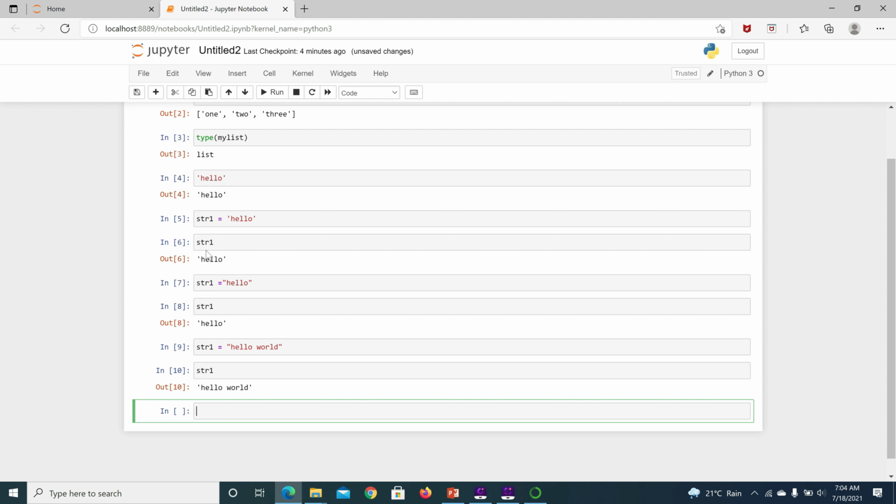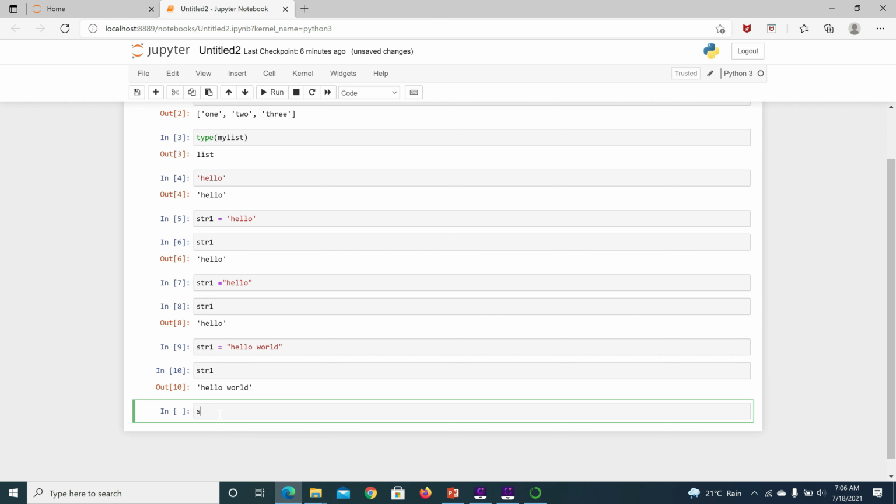And here if you have noticed, for string 1 I have given hello. Again I have given another value within double quote, and the next, the latest, I have given hello world. We can use variable for reassignment. It is very flexible in Python. If you want to grab particular letter from the string, we can use indexing. Let me tell you what is index position. Index position for the string: H will be 0, 1, 2, 3, 4, space also included 5, then W is 6, 7, 8, 9, 10.